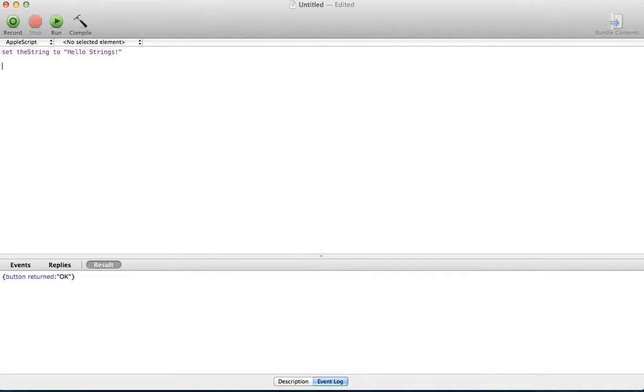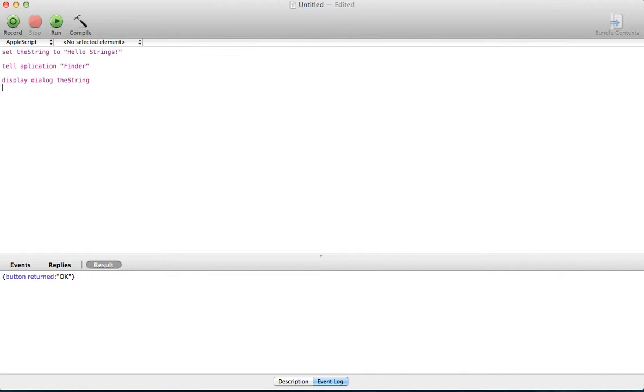Now return, and then you can do the same tell command that I just said. So tell application Finder, and then you can do display dialog. Now in this case, like last time we put quotes like "hello", but now rather than putting quotes we can just refer to the variable string we made right here. So we could do the string,